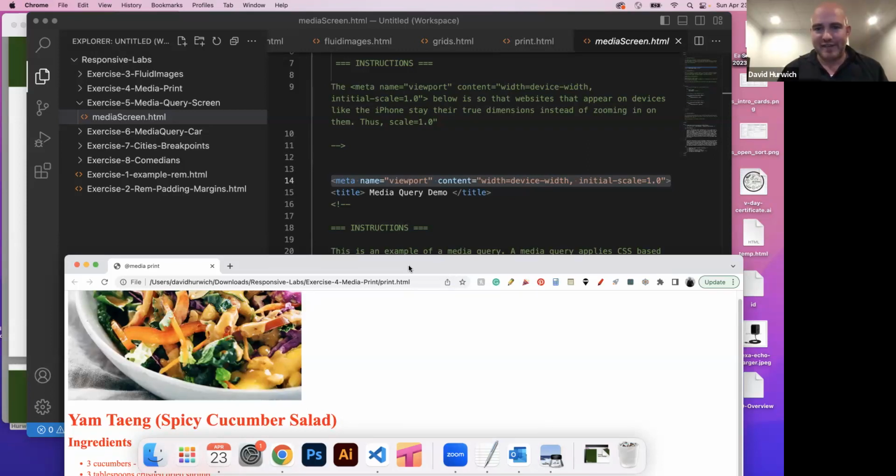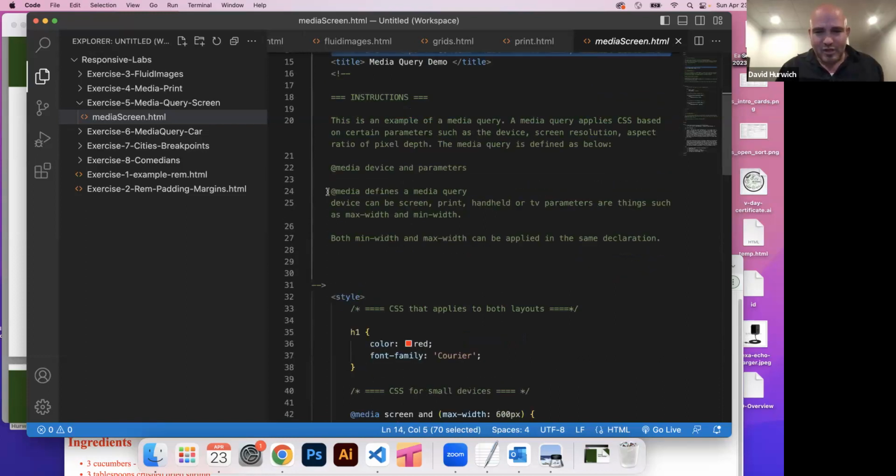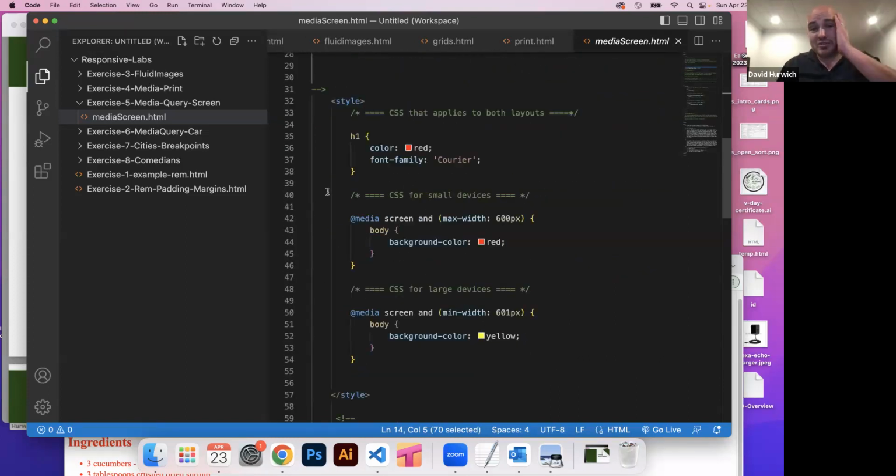So to prevent that from happening, we add what's called a viewport. What this is saying is, for the viewport, aka the computer screen, do not have the device scale more than 1.0. 1.0 is like the standard default size. Okay, so we need to add this. I know that sounded a little confusing, but what we're going to do now is